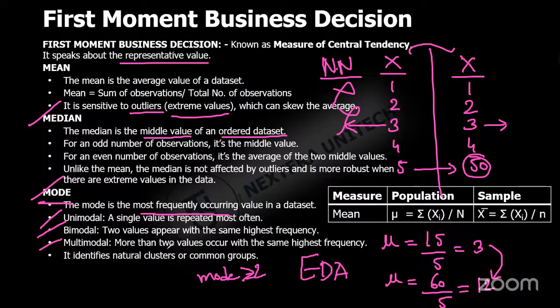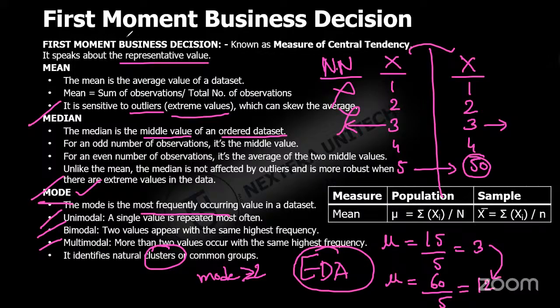In general, the mode represents clusters, groups. Within the data, if there are any groups, we can understand them using mode calculation. Whatever we calculate, whatever we do as part of EDA, there is a reason behind it. Without the reason, we cannot do it, right? So mode actually identifies the groups, the clusters, segments within the data. I hope it is clear.